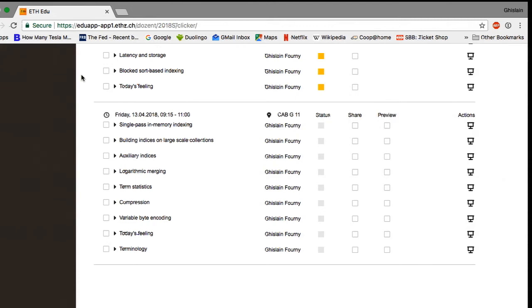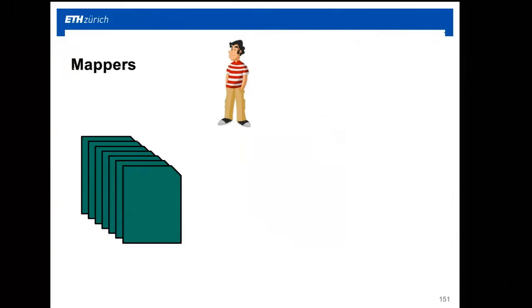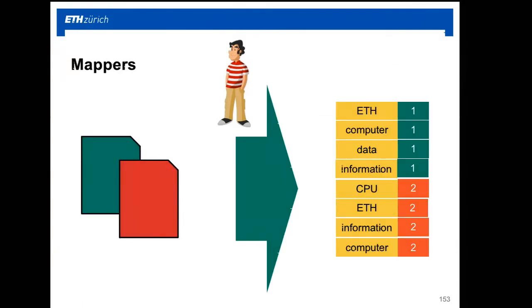So now that this is clear, I'm coming back to the slide. And this is exactly what happens. We produce these postings. So for example, we may have two documents. It's a very simple example. In practice, maybe there's 1,000 of them in a shard, but we have two documents, the green and the red one. I'm representing the documents with ID, so we have document 1 and document 2,